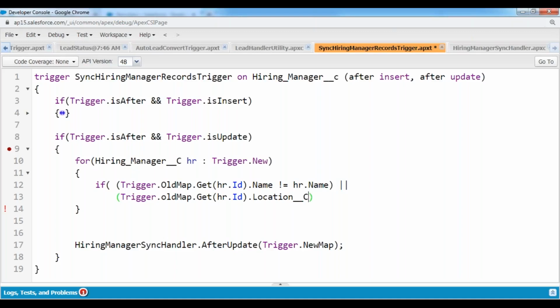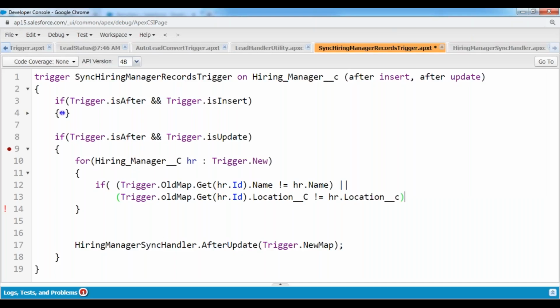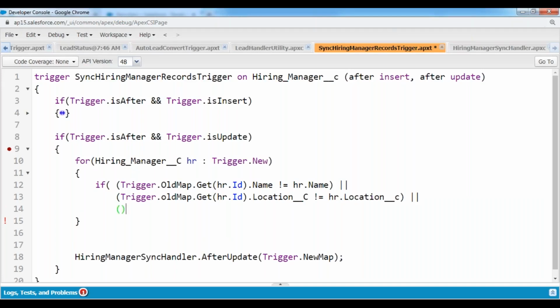So now, if the location value is not equals to hr.location, if it is not equal to this one, or any one of the conditions, any of the fields has been modified, then only I would like to fire. Trigger.oldMap.get(hr.Id).contactNumber__c not equals to hr.contactNumber. Or,